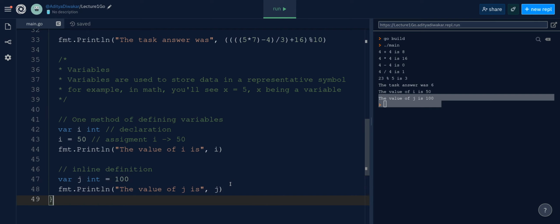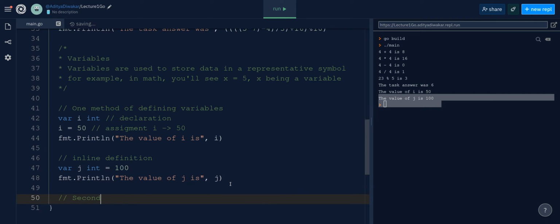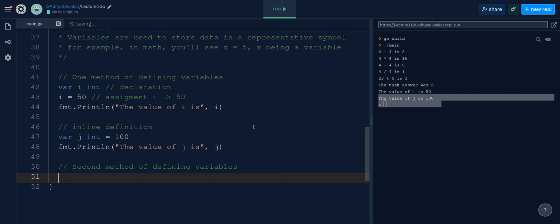There's a second method, and this is the method that I prefer, and a lot of developers prefer this. With the second method, rather than using the var keyword, we're going to use something called a shorthand assignment operator, and that's a lot of words. Essentially, we're going to use the following syntax. Let's say we want to define some variable, and after j comes k, so we're going to use the variable name k. The typical way of doing this is to say var k int equals 25. Rather than doing that, as an alternative we can say k, and then use this symbol, colon equals. What this says is that k is going to be equal to 25,